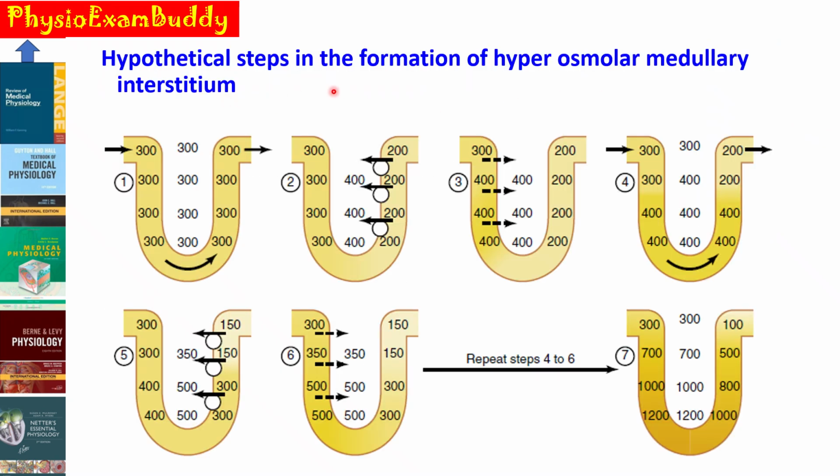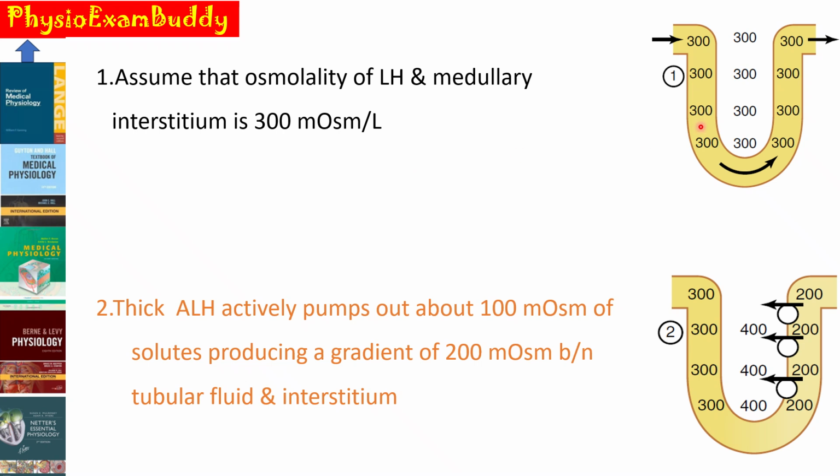So these are the hypothetical steps in the formation of the hyperosmolar medullary interstitium, and this picture you are supposed to draw along with the counter current mechanism. So we will see in each loop what is happening in detail. So this is the first loop. You can see that the osmolarity is the same in the descending limb, ascending limb as well as in the renal medullary interstitium. So we are first assuming, I have already told that these are hypothetical steps, that the osmolarity of the loop of Henle as well as in the medullary interstitium is